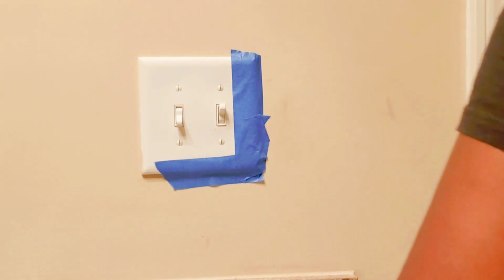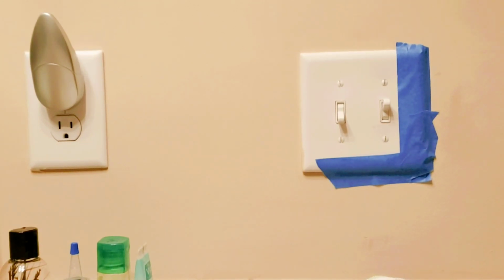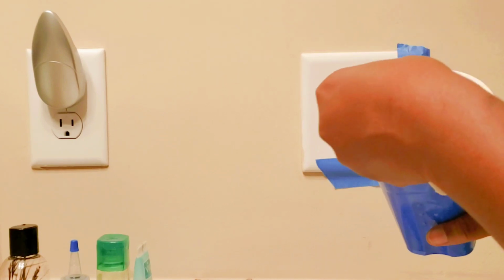Okay, so what you want to do, take the paper towel, because I'm telling you guys, I use a paintbrush, and no, this works great. And once it dries, it's gonna look real good. So don't get worried about the way it's gonna look now. So just kind of dip it in,